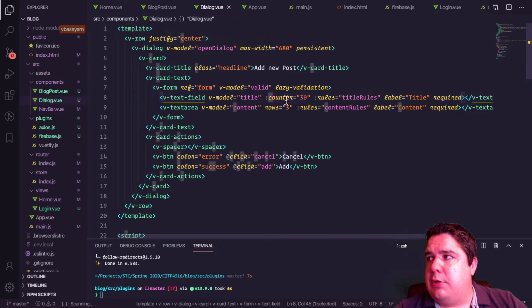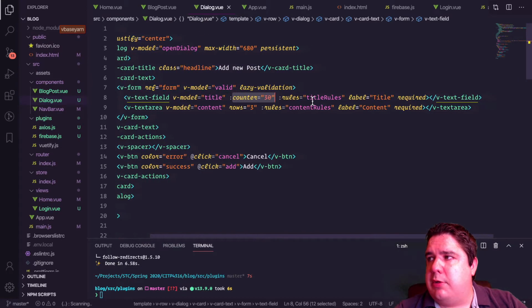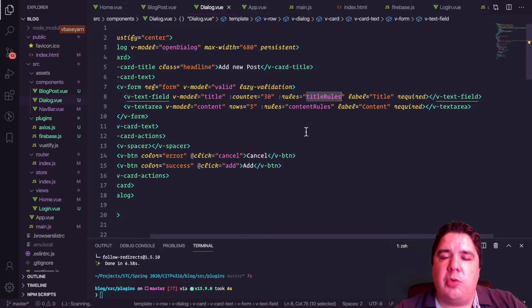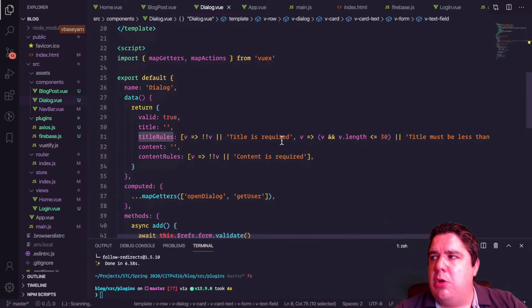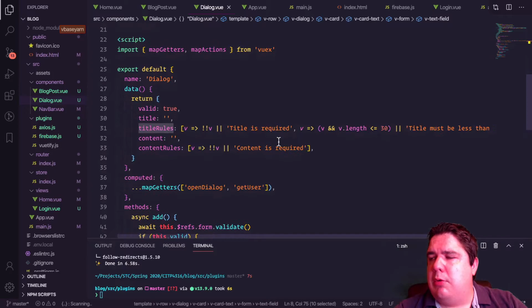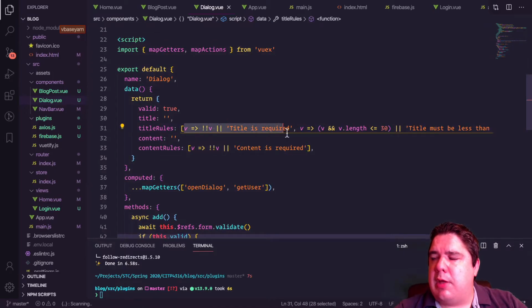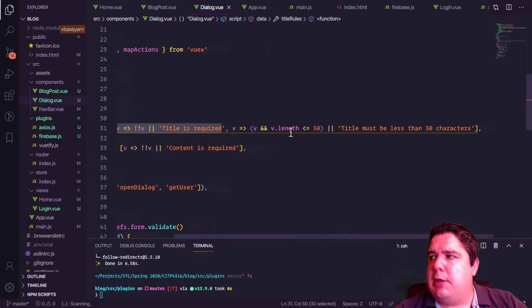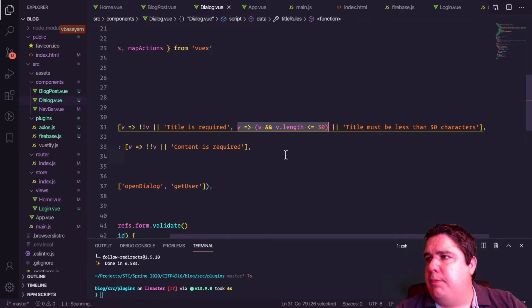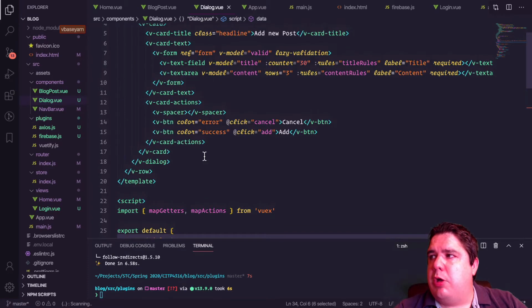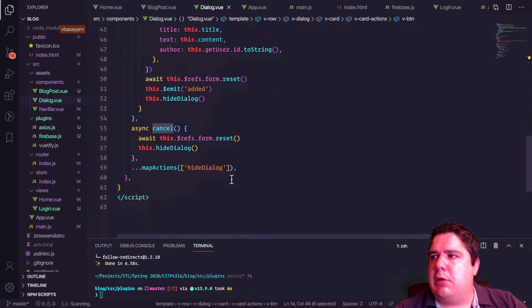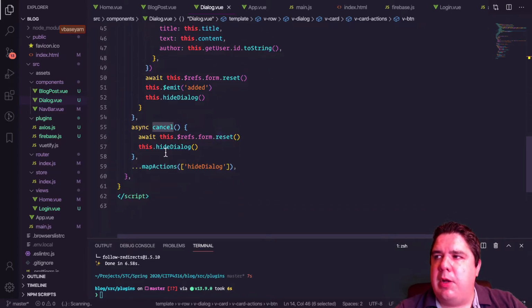That title has a counter, so it doesn't allow more than 30, and it has a specific rule. So we have a validation here, and we saw previously how it works. I have a couple of validations, and very simple. I just require that the title is required. It's as simple as that, and another validation that the length is less than 30, and the content is just required. That's it. So whenever I click cancel, I just pretty much execute cancel, and what that does is reset the form and hide the